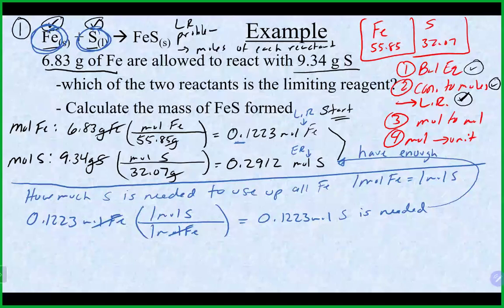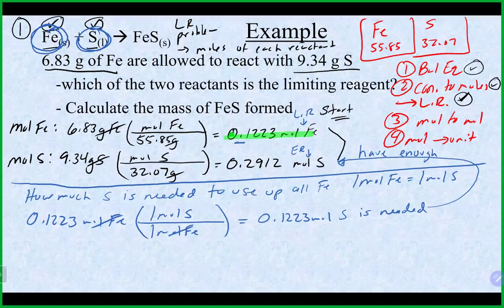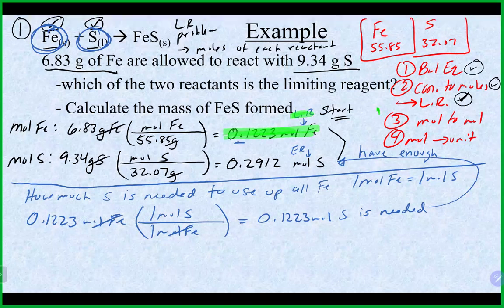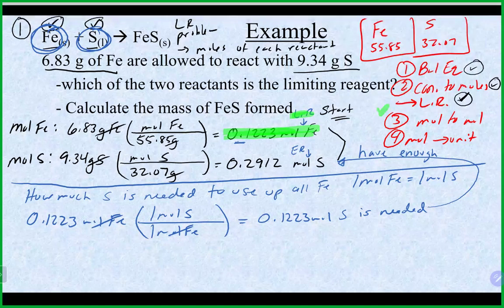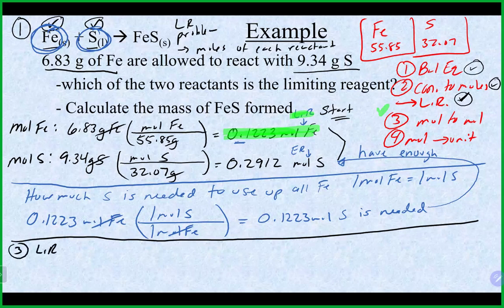All right, so now that I know that my sulfur here, I'm sorry, my iron here is my limiting reagent, I can now just basically pick up the problem like normal and start here with step number 3. And you want to use your limiting reagent now. So we're going to go this way. Step number 3 here, using our limiting reagent to our product. You want to make sure that you go back and use the starting amount of your limiting reagent,